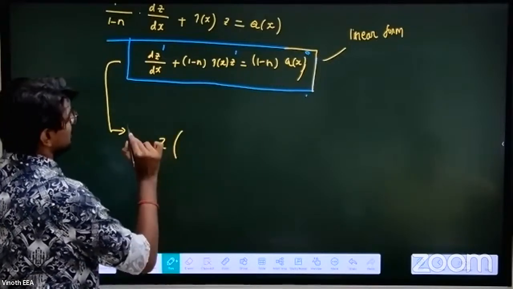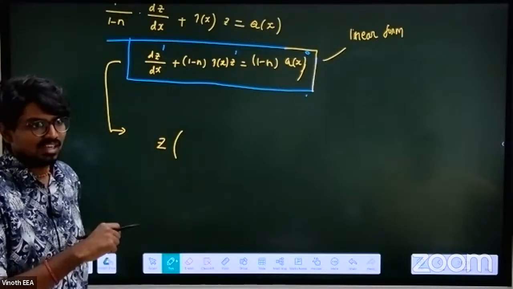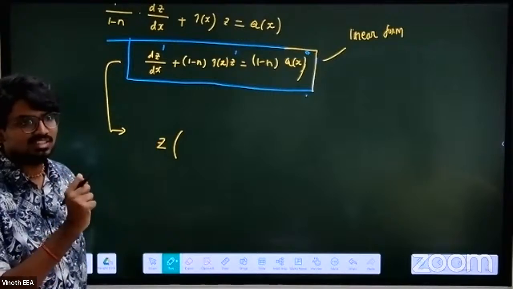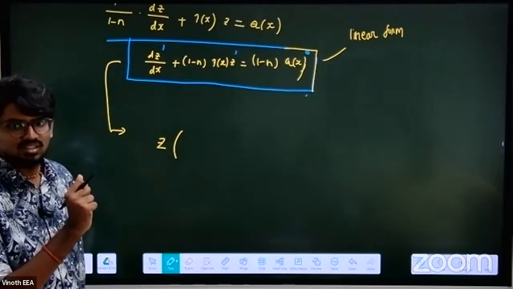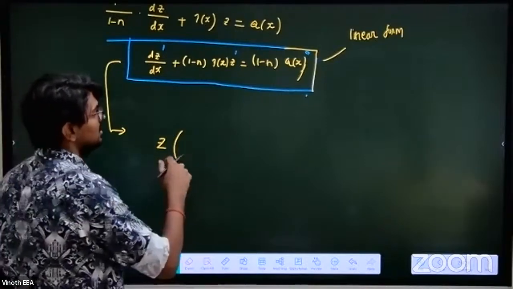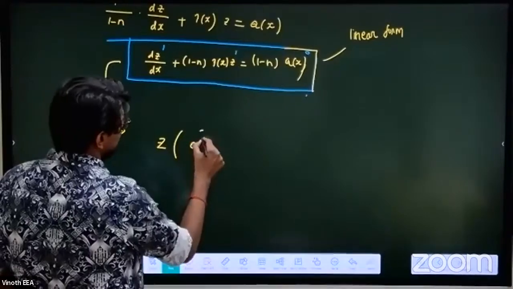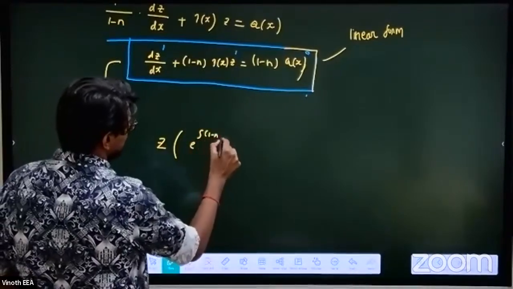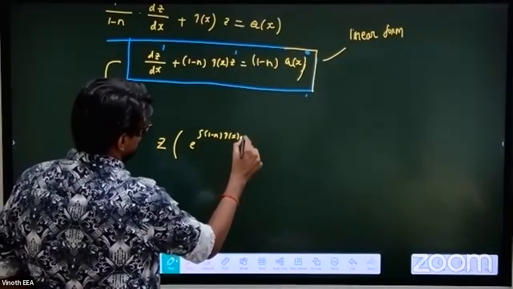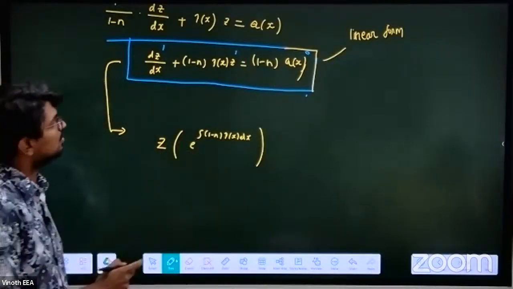Integrating factor is, in general, what? e power integral of p of x dx. What is p of x? The coefficient of y. Here the coefficient of z is 1 minus n into p of x. So this is going to be e power integral over 1 minus n into p of x dx. Okay, and you have to include the 1 minus n. That should be equal to